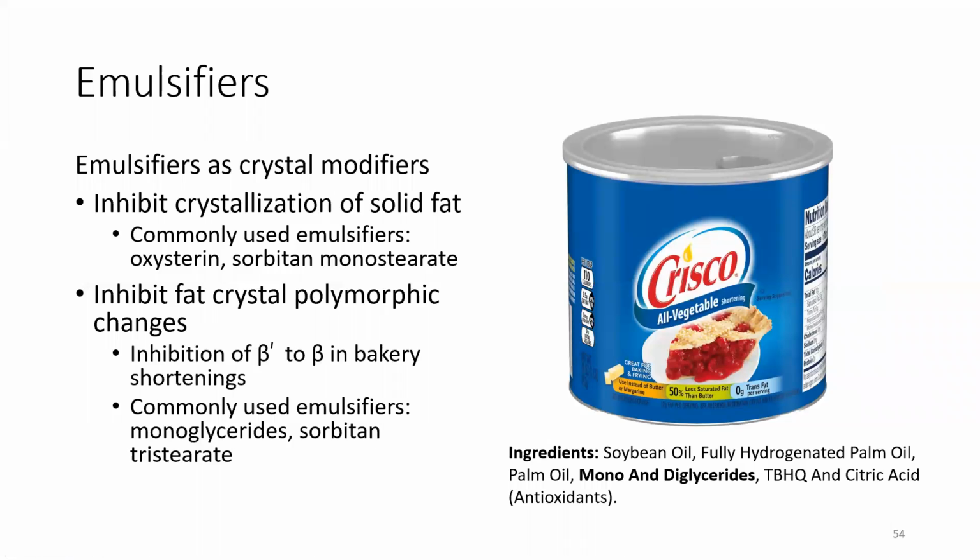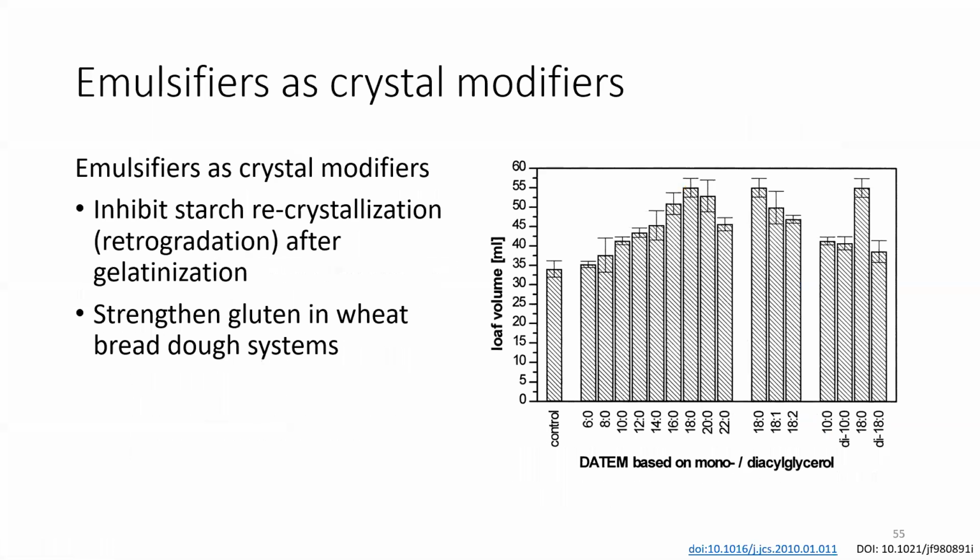Emulsifiers can change the crystal properties of fats. So we'll talk about this in the fat section, but in bakery shortenings, we typically want beta prime crystals. And if we add emulsifiers, specifically mono and diglycerides, to a bakery shortening, it will keep the fat in the beta prime crystalline form. Keep it from going to the beta form. They can also